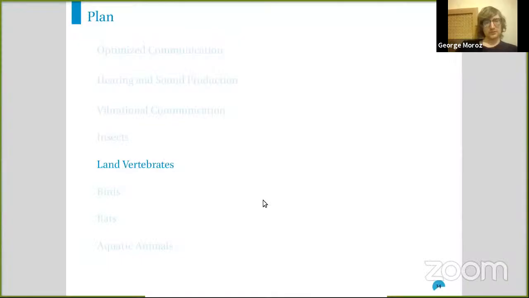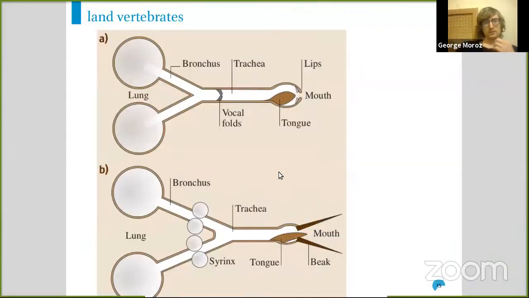So land vertebrates will be birds over here, or some mammals, or it could be frogs or something like this. Mostly they have lungs and they have bronchus and they have those vocal folds that we have in humans. And then we have trachea, and then we have tongue and lips and so on. The idea is that we have these vocal folds and we use breathing out and sometimes breathing in, this is also important,